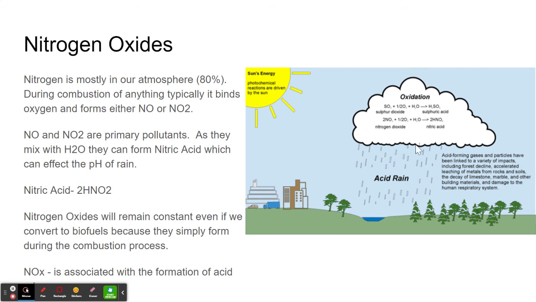Here we're talking about nitrogen dioxide. It's the same thing. Where's the nitrogen? 80% of our troposphere, or atmosphere, is made out of nitrogen. When that combusts, and we have H2O in the air in the form of clouds and water vapor, that's going to form nitric acid. The same thing will occur.